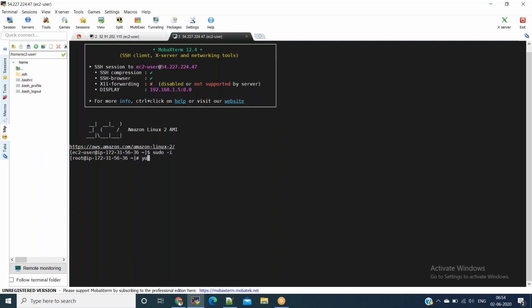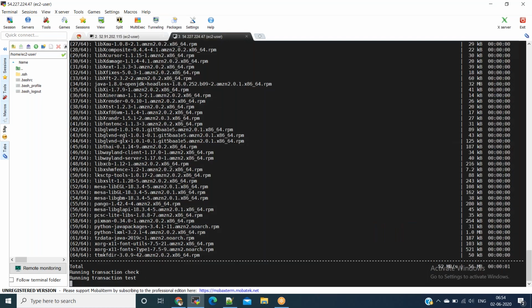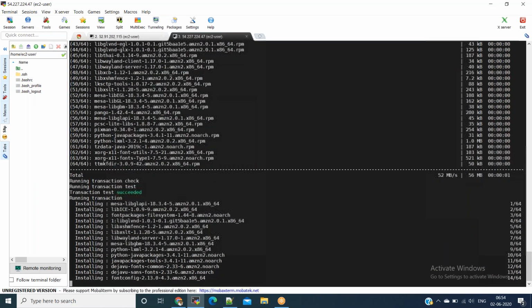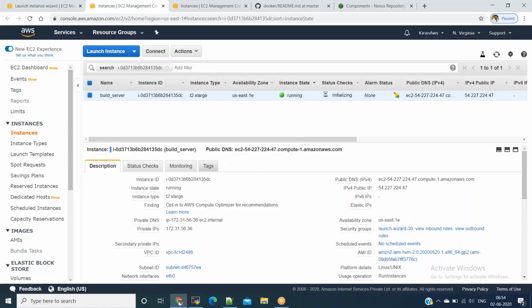We'll switch to root user and start installing Java and Maven. I'm installing Java 1.8. Once Java 8 is installed, we will install Apache Maven 3.6.3 as well.